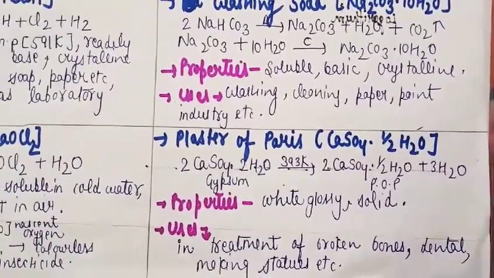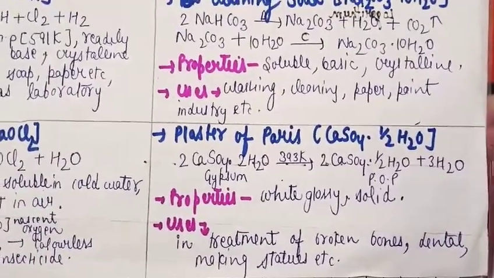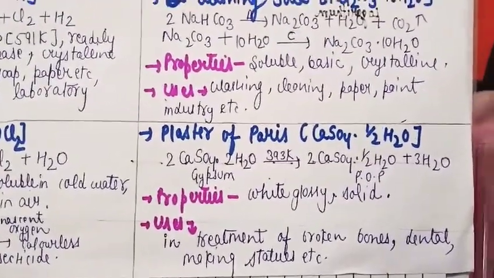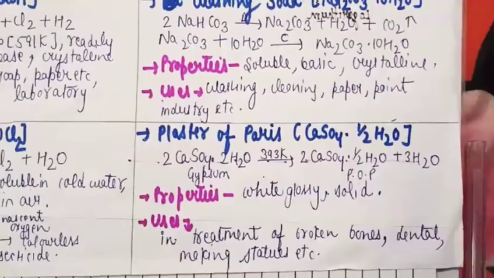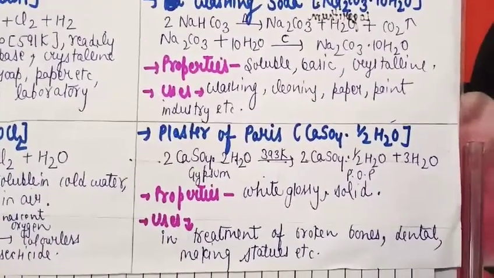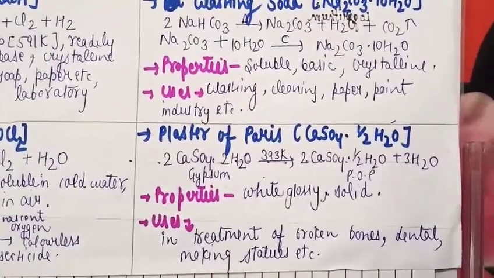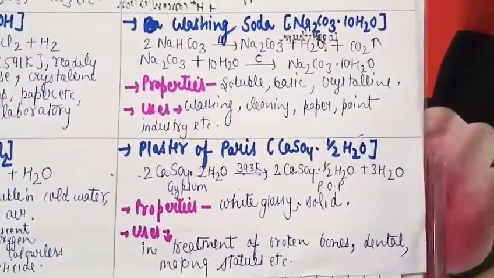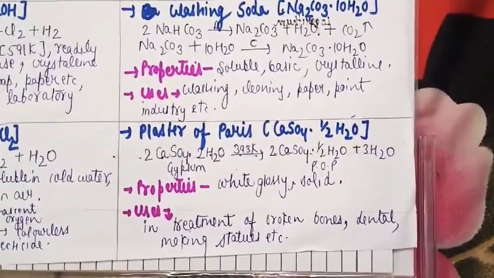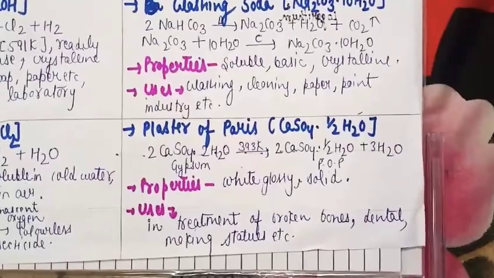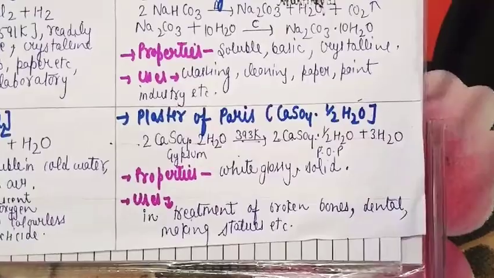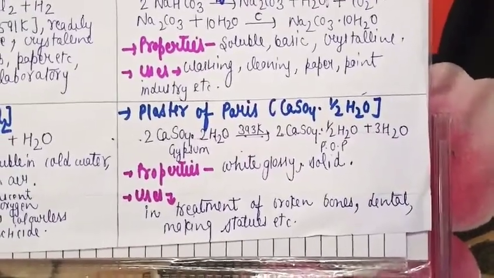It is obtained by heating gypsum, CaSO4 dot 2H2O, that is calcium sulfate, at 393 Kelvin to get plaster of Paris, with water molecules being lost. POP on further heating liberates the complete water of crystallization, and dead burnt plaster is obtained. Why do we only require 393 Kelvin? Because if we increase the temperature further, it will burst out and turn black, and it is of no use and becomes waste. That is why it is called dead burnt plaster.